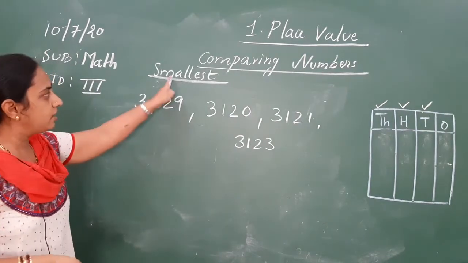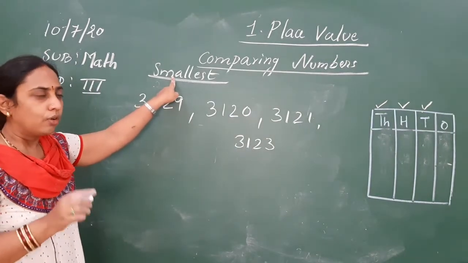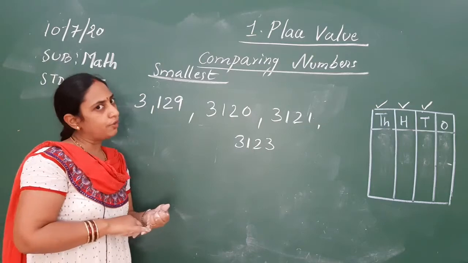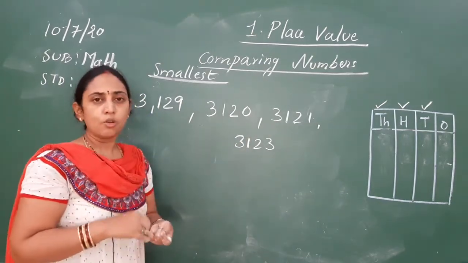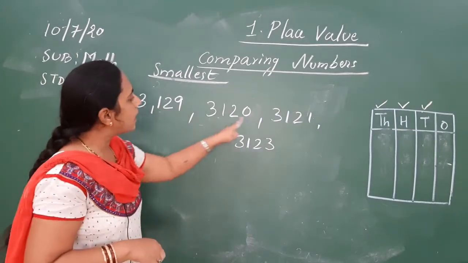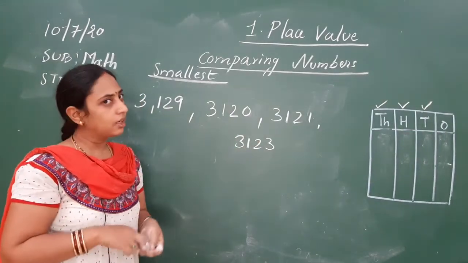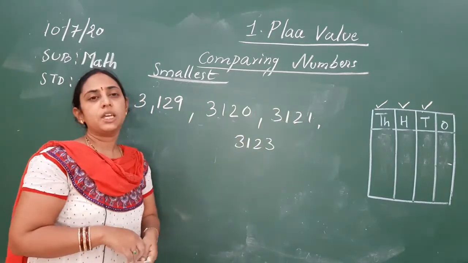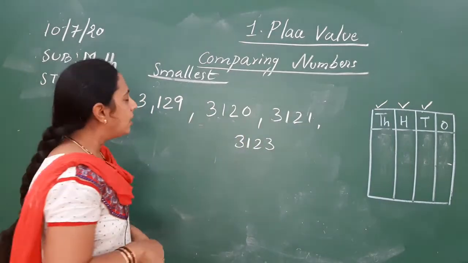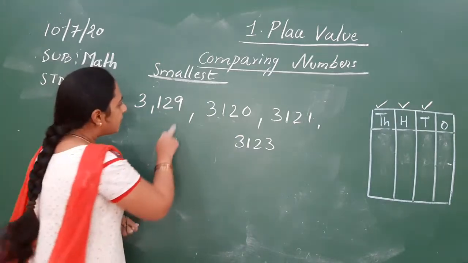Okay. Now, we have to find the smallest. All are having 4 digits. First rule we cannot apply. All are 3. Second rule we cannot apply. All are 1 in hundreds place. Third rule we cannot apply. All are 2 in tens place. Fourth rule we cannot apply. Now, we will go with fifth rule,